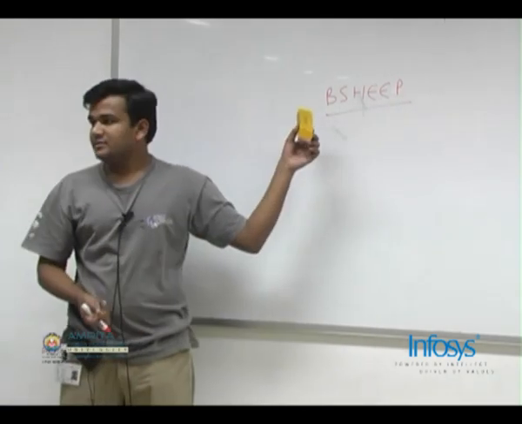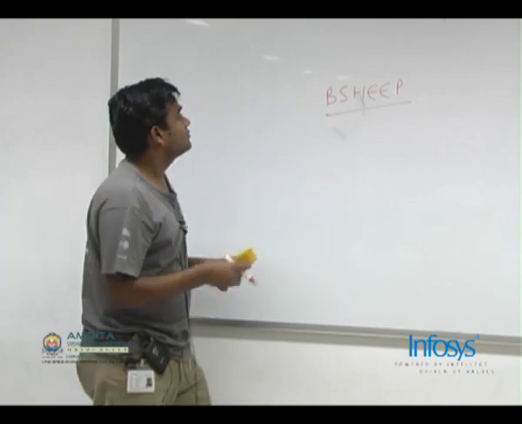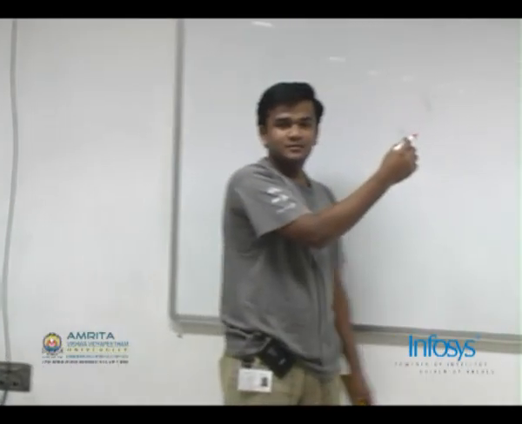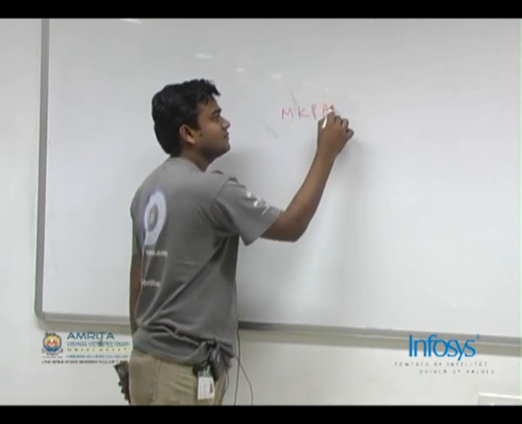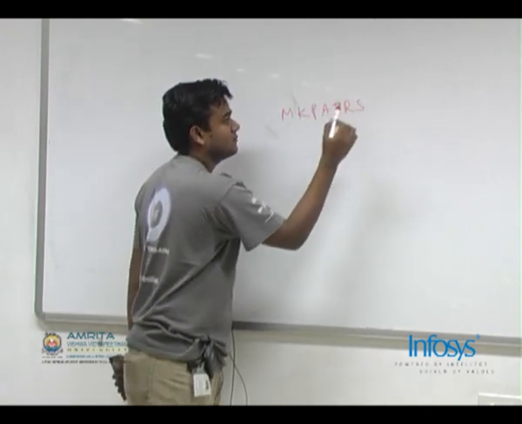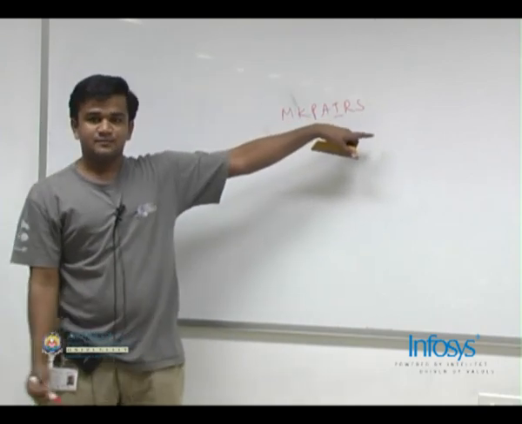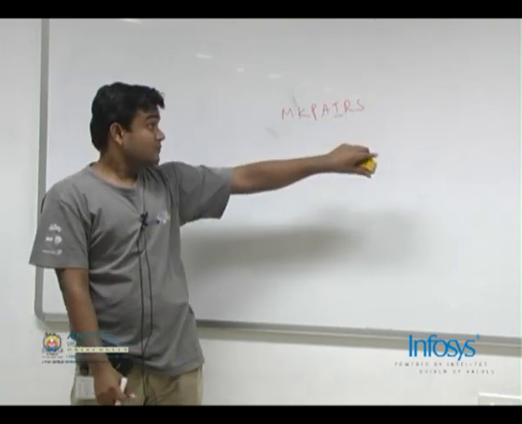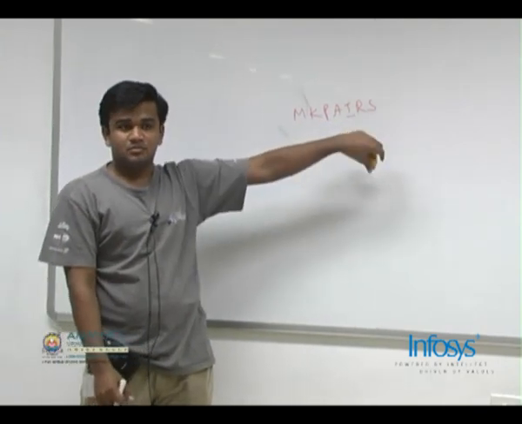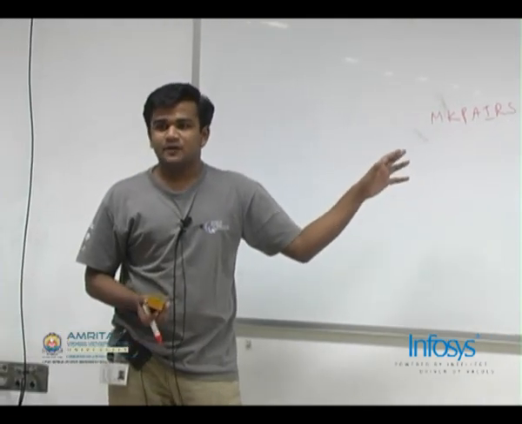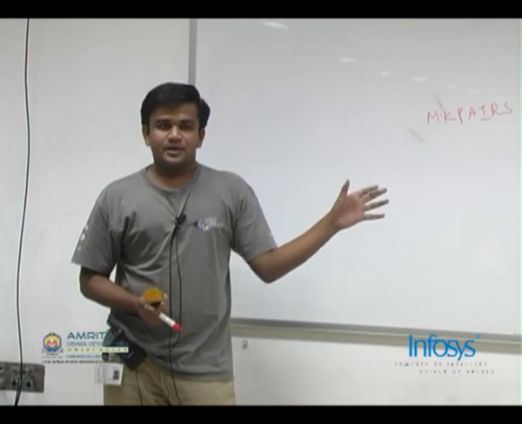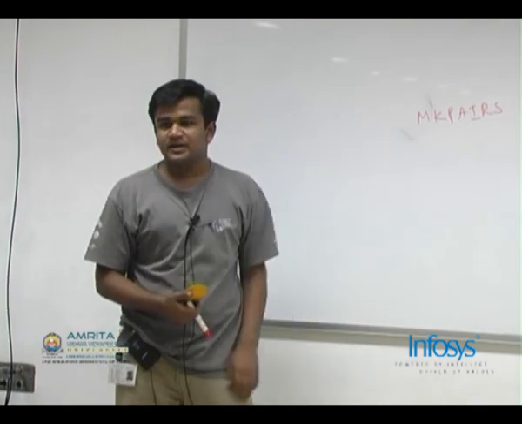We'll add this to the practice problems and you can solve this one. The other problem, which is also based on convex hull, is MK pairs on SPOJ. This is a very hard problem, and to reduce this problem to convex hull will take a lot of work. You guys can read it and try to solve it.